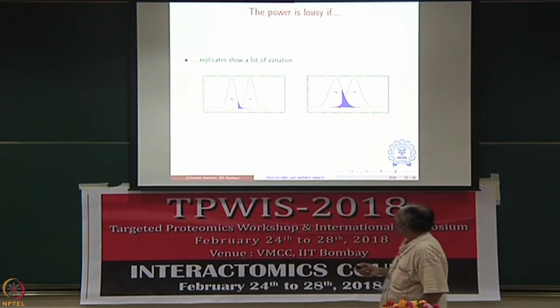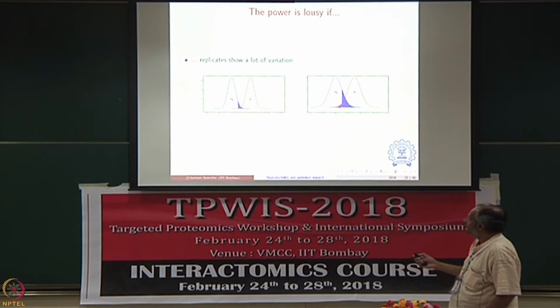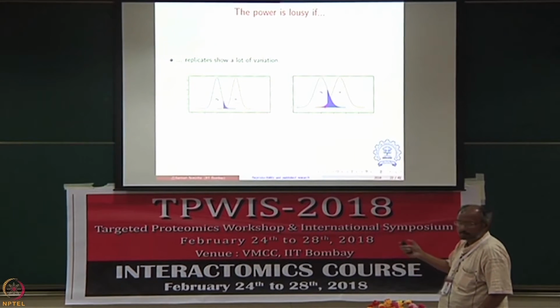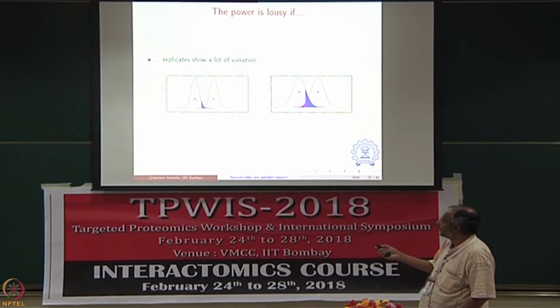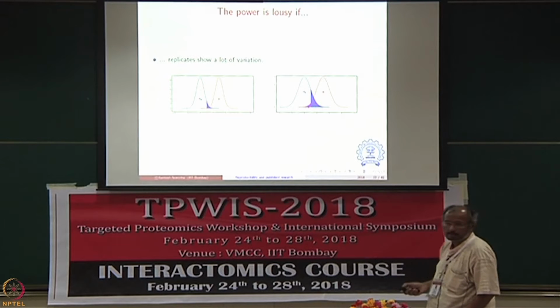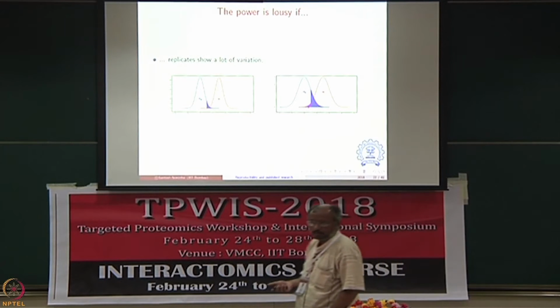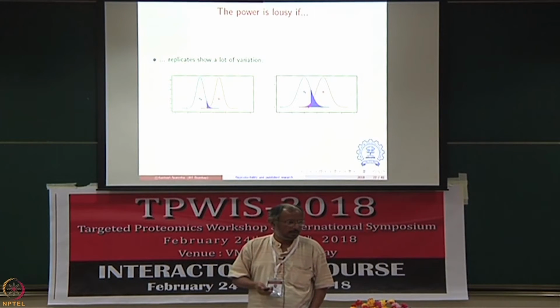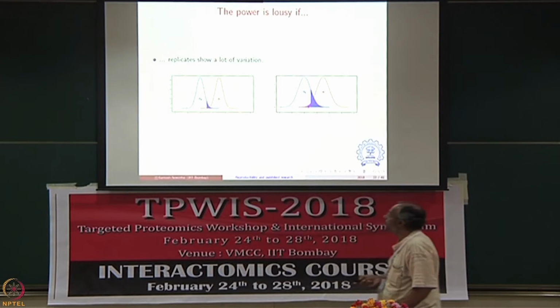If you have a bunch of replicates, I am not getting into the math of this, but your curves get thinner. If your curves are thinner, so the spread in here is thin, the overlap is reduced compared to here. So, in a nutshell, you want more replicates of any analysis that you do. Otherwise, your errors are going to be large.